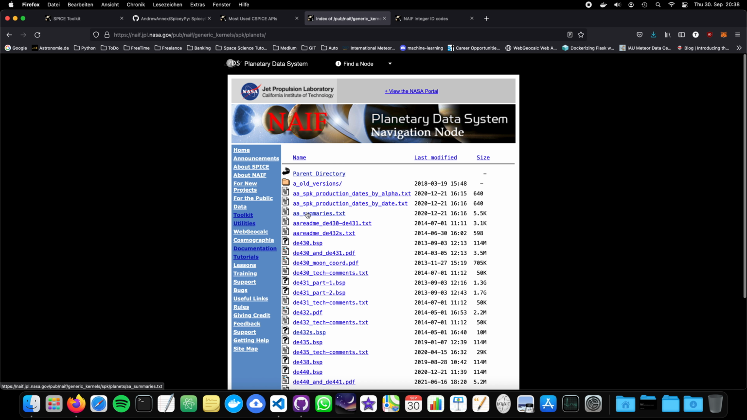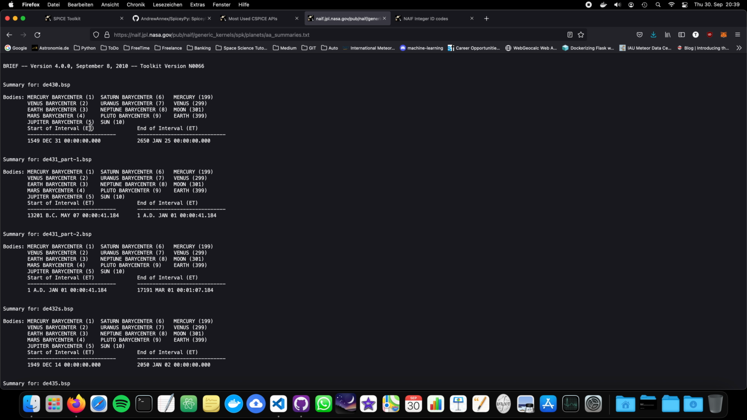It contains the barycenter of Mercury, Saturn, Pluto, and so on, and also the Sun. Nice. We want to compute the distance from Sun to Earth. So we have also Earth here, which is good. And it covers a wide range of dates, so almost a millennium. We have also other kernels which cover even more,